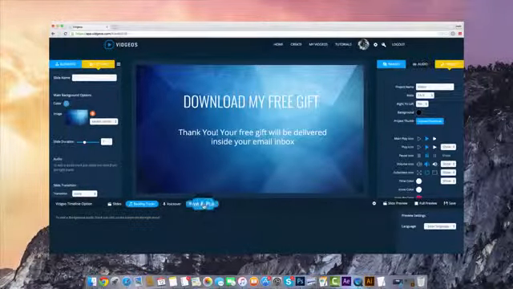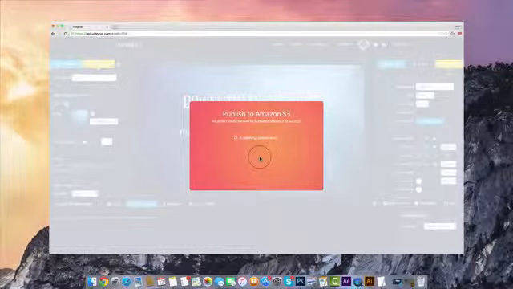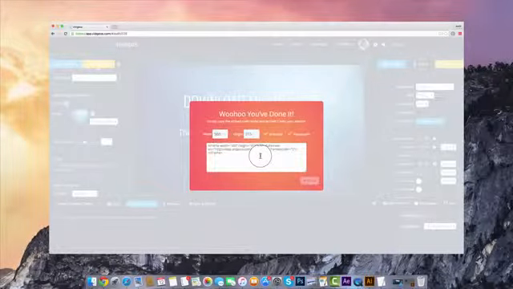So what we can also do is save and publish our video directly to Amazon S3. So simply click on Publish to S3, and this will publish the video directly to Amazon S3. Then we can get the embed code and add it directly onto our site. Okay, great. So now you can select the